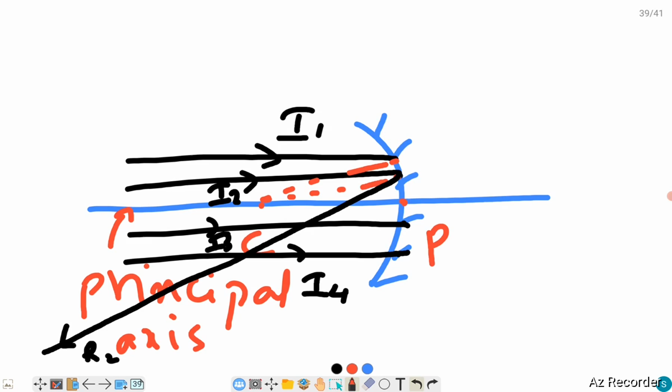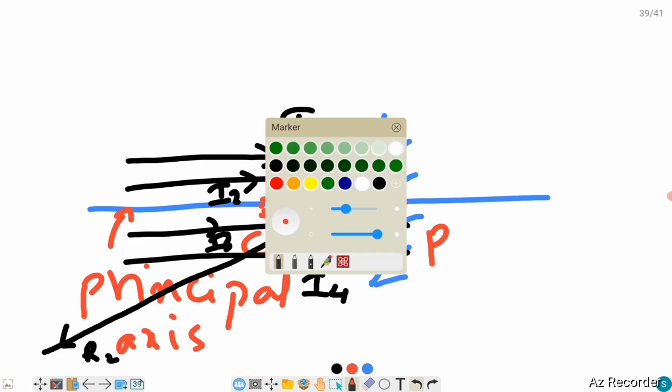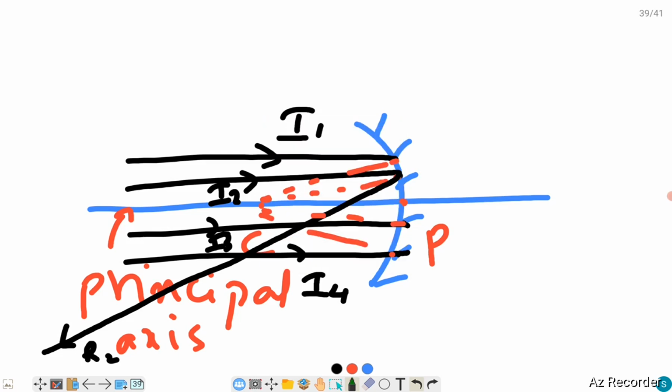You will have all the reflected rays meeting at one point. I will just use a different color so that it will be easy for you. Okay. Now see here, for this and for this if you draw, they will be meeting at this point. What is this point called now? This point is called focus,